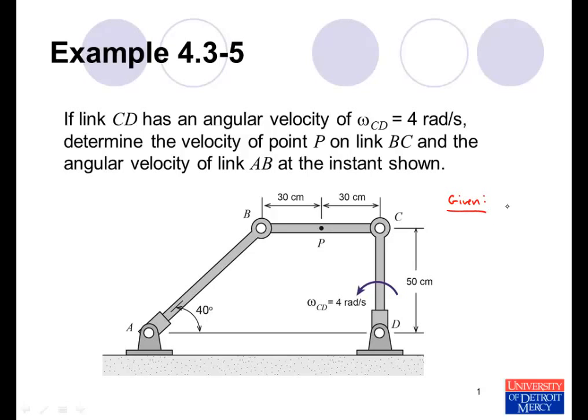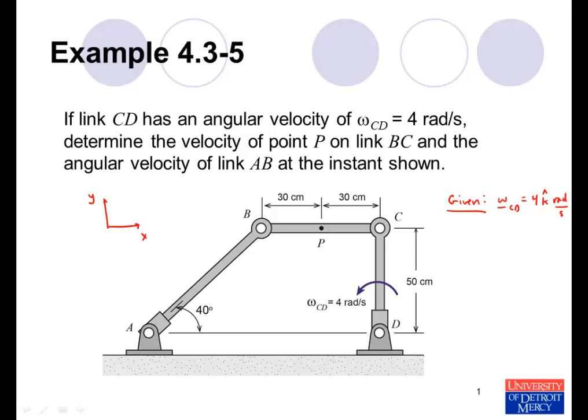So we're told that omega CD is 4 radians per second, and we're shown its direction. If we use the right-hand rule and roll the fingers of our right hand in the direction of rotation, our thumb will point out of the page, indicating positive k. So we'll define x to the right positive, y up positive, and that makes z out of the page positive. So we have 4 positive k